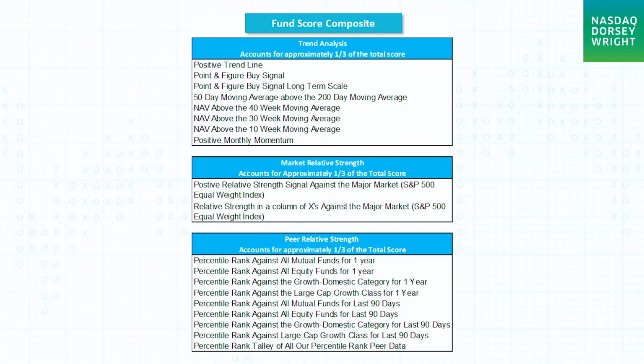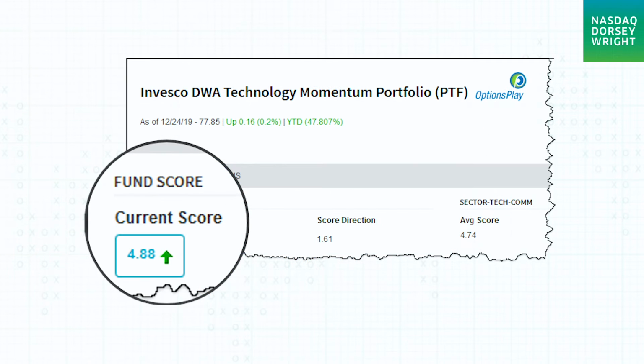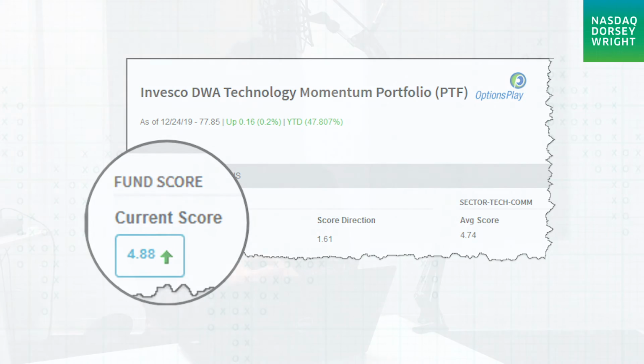So you're getting that overall technical picture through trend, market, and then peer group, and it's displayed neatly and concisely, we'll say, in a fund score located at the top left of the chart. So you can quickly come and see how the fund's scoring from a technical perspective. And we use this fund score and translate it through into some of our models on the platform. And we build out the methodology through some of the fund score models, which encompass a variety of different styles.